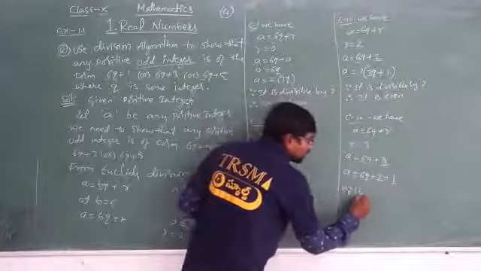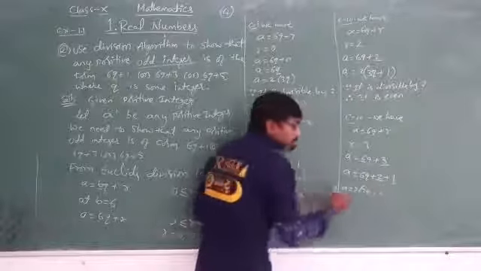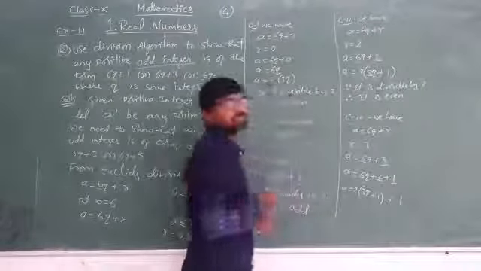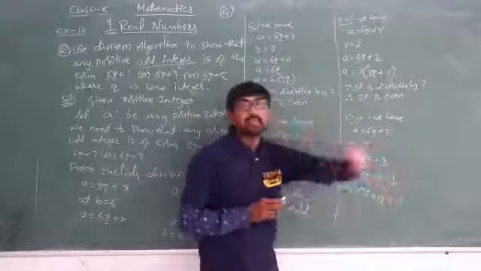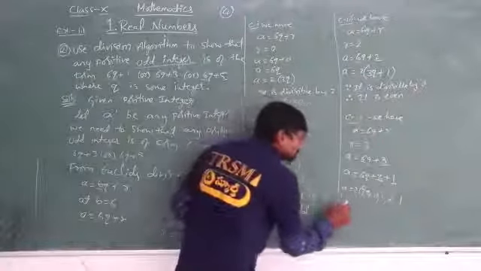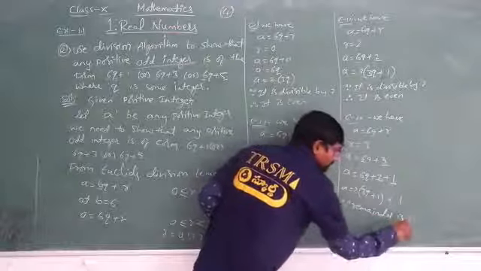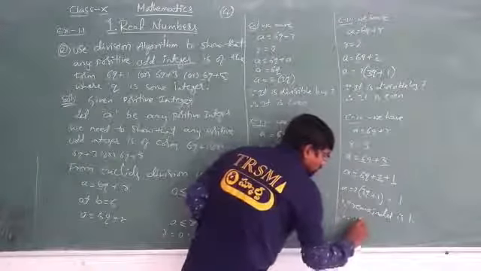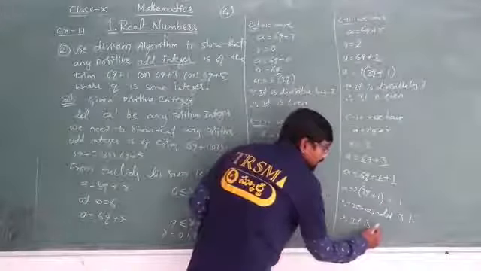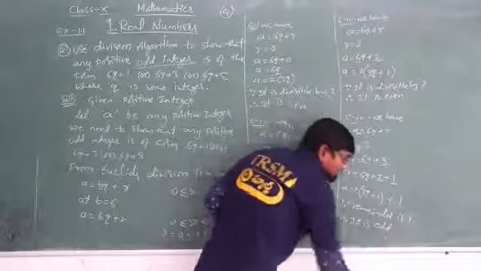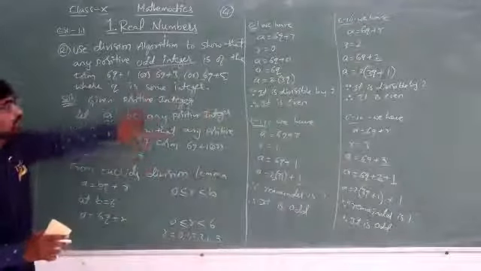So here I will get 2 into 2 3s are 6q plus 2 1s are 2. But you can see here this extra 1 is remaining, isn't it? So this term is multiplied by 2, but here 1 is a remainder separately. So since remainder is 1, therefore it is odd. As place is not sufficient, I am erasing this and doing the remaining